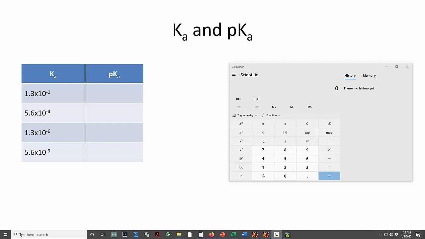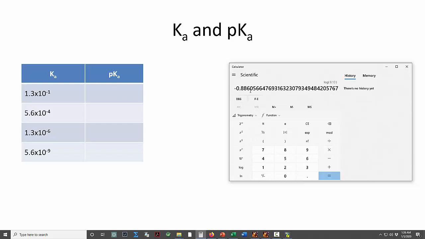So here's a table of Kas and pKas. Now you're not going to have to be doing a lot of converting back and forth, so I'm not going to show you how to go from pKa to Ka, but that involves the inverse log. Now if you remember, pKa is the negative log of the Ka. So what I'm going to do is calculate the negative log of 1.3 times 10 to the minus 1. So I'm going to type in 1.3, and then on your computer you have to type E, which is kind of not cool, but that's the way it works. That's the times 10 to the notation. And then we're going to type 1, change sign, and then take the log. You'll notice this is negative 0.88